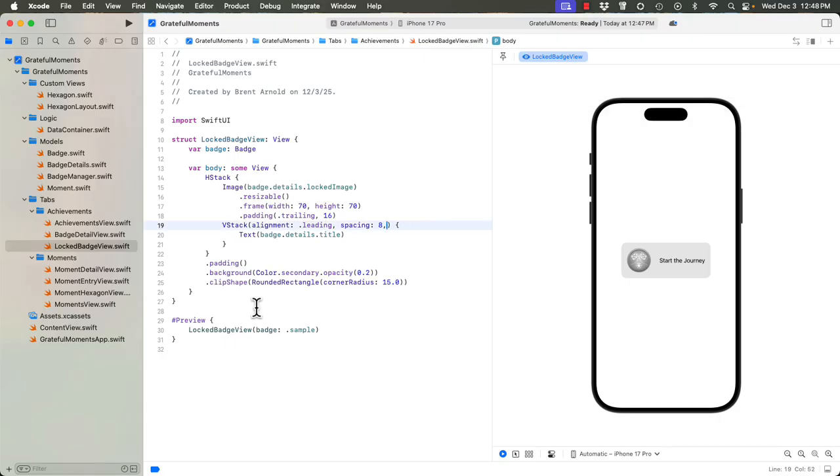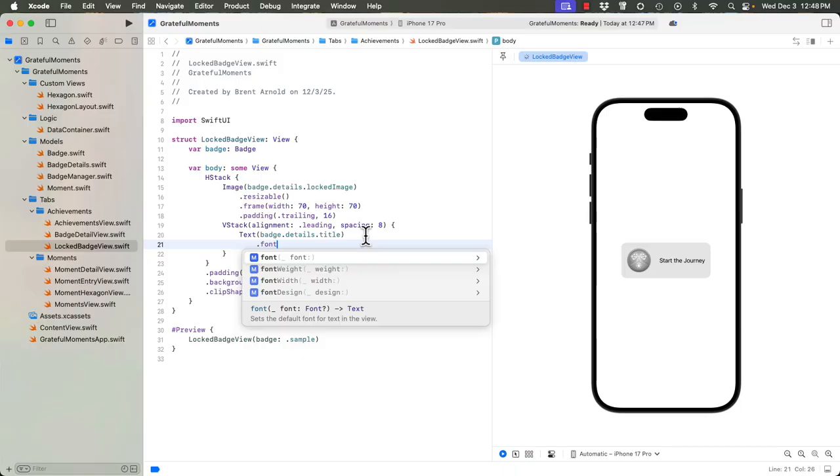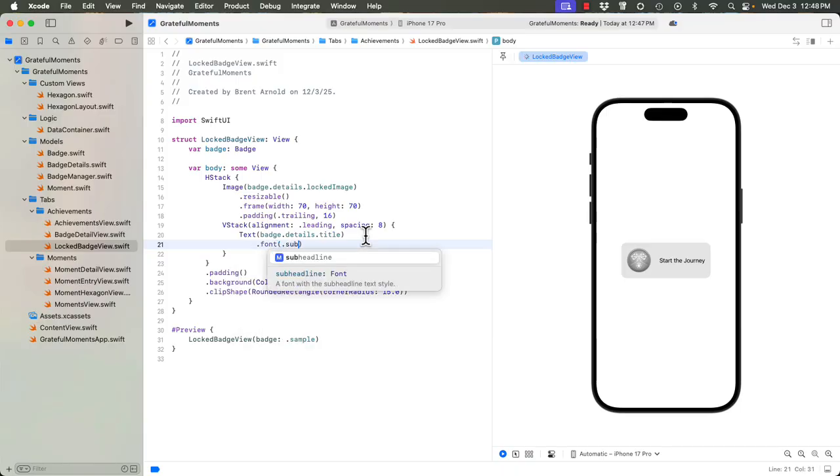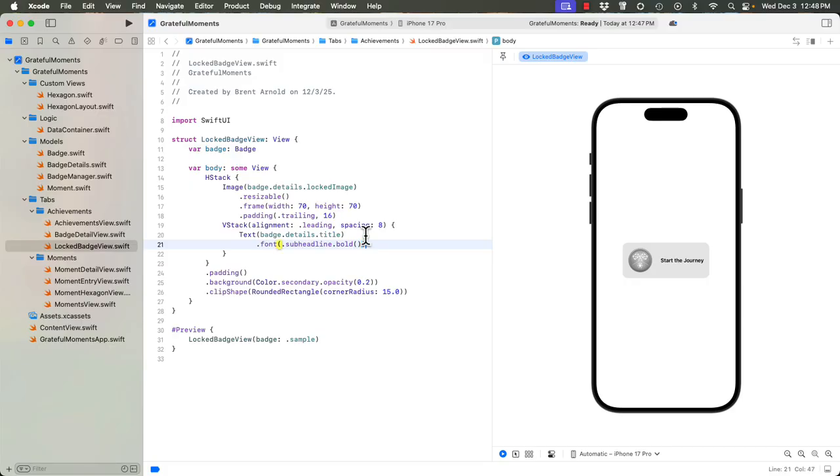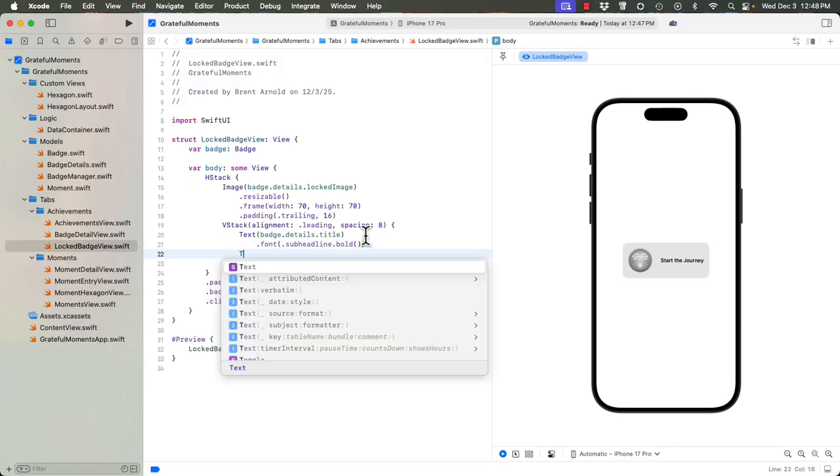I want that. Sorry, I just want those items. So we already had the content here. So alignment.leading spacing is 8, and then the badge title, and then we're going to set a font to .subheadline.bold, and then we're going to add new text, which will be the